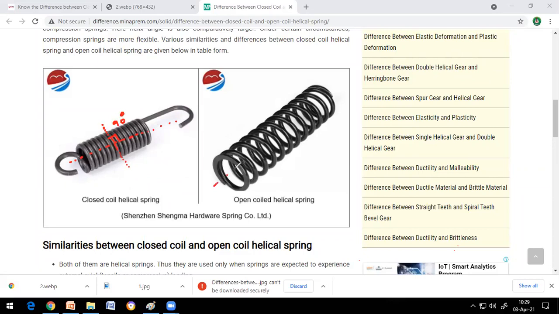If you see here the axis of the open coil helical spring, this is the whole axis. If you take the axis of each string, will it be 90 degrees? Will it be 90 degrees? No, sir. No. This is what I am talking about. It won't be 90 degrees. It will be more than 10 degrees with respect to the axis, very good. Understood? And the angle here will be less than 90 degrees also. So the 10 degrees is nothing but what we are talking about.